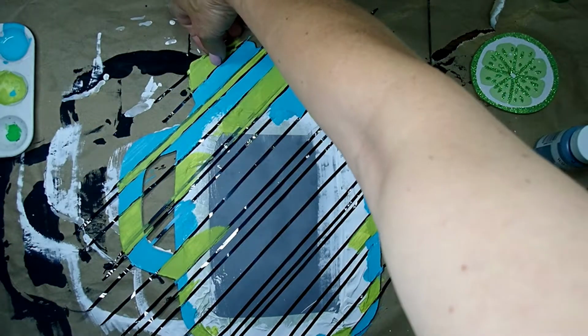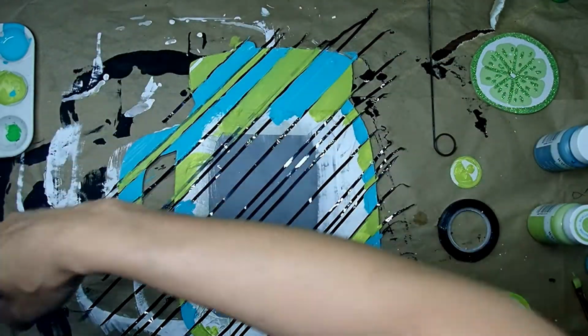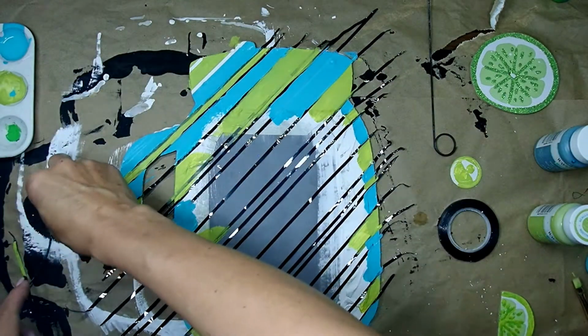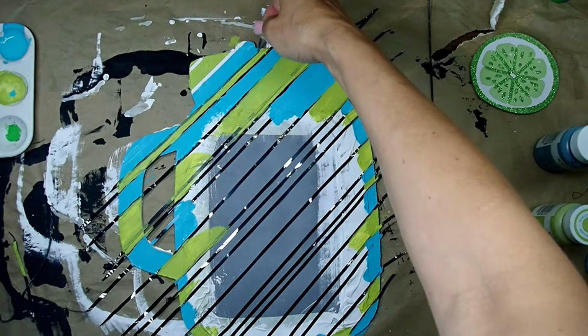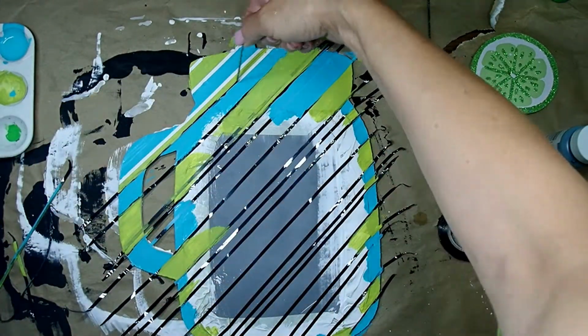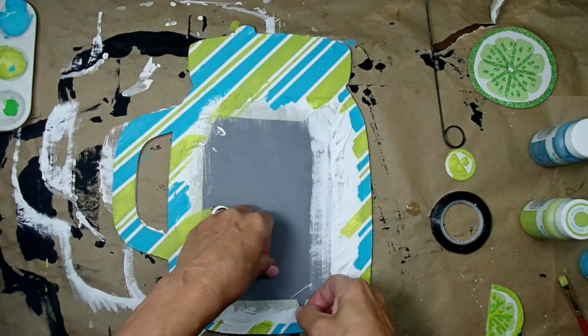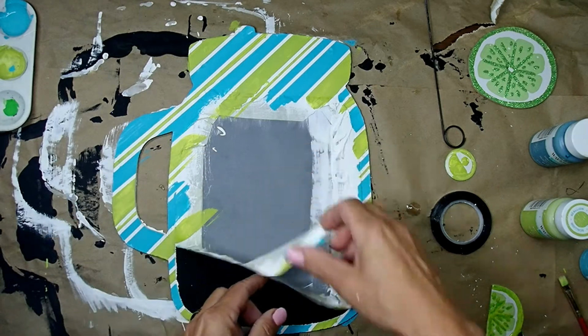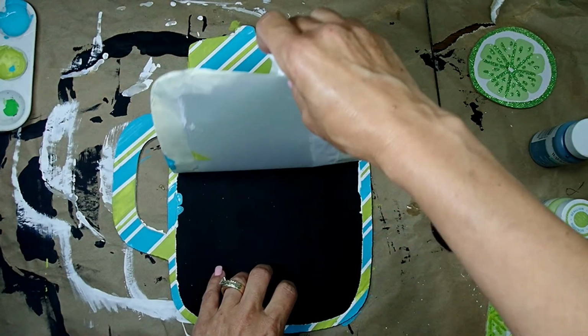It's all nice and dry, and it is time to pull off the tape. And please tell me if you don't find it satisfying. It is so satisfying to pull off painter's tape or this kind of tape from a project. The reveal is amazing. And now going in the center, I know that there is a mess down there,